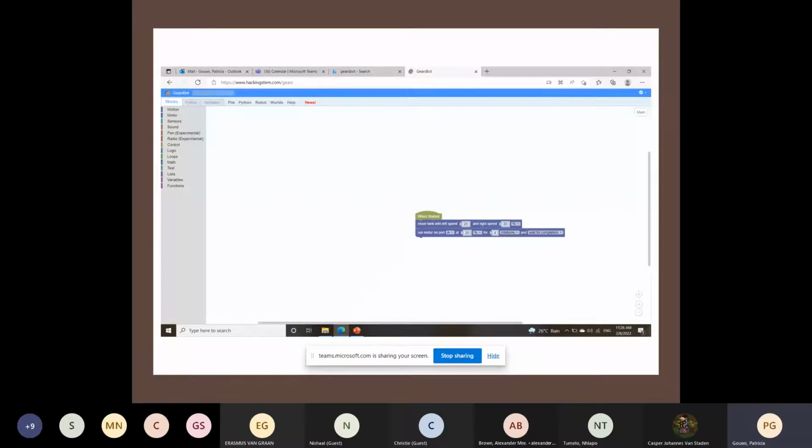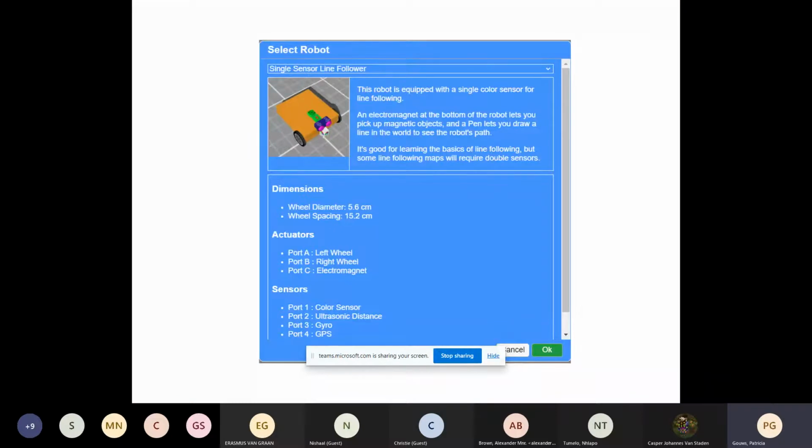So it looks and feels like any programming canvas. You can select a little robot, and as you can see, you can change the wheel spacing, you can change the left wheel and right wheel, and you can change the sensors. So there you have a little bit of freedom to change what you want to change. So that's cool. The robot itself is very